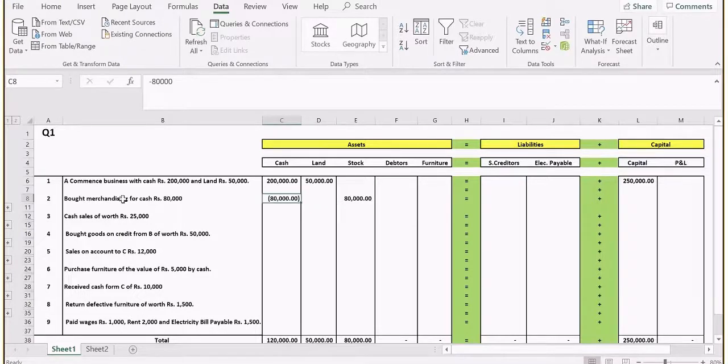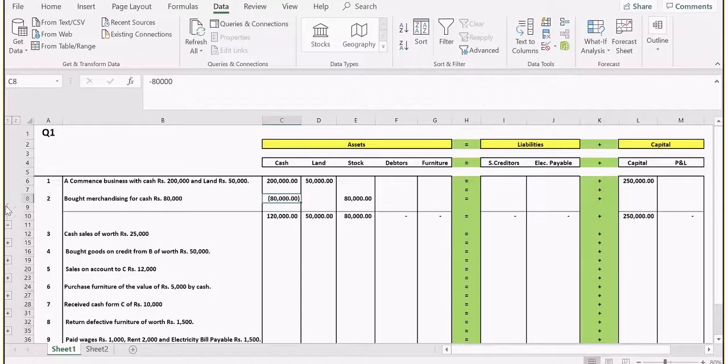Now we have to see the cumulative impact of those two entries on the assets and liability position. To see that, we need to add up these transactions together and then see what is my total asset and what is my total liability. So as you can see, 2 lakh minus 80,000, 1 lakh 20,000 is cash remaining in the business, 50,000 worth of land and 80,000 worth of stock, which is total equal to 2 lakh 50,000. And as I said, left hand side is equal to the right hand side. That means till now our accounting equation is correct.